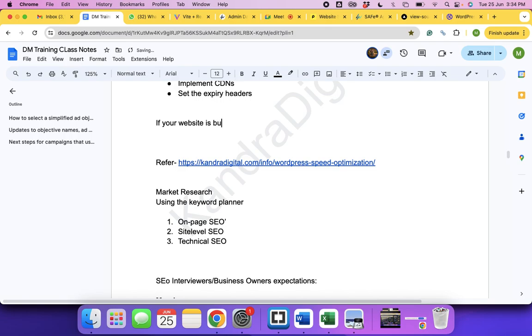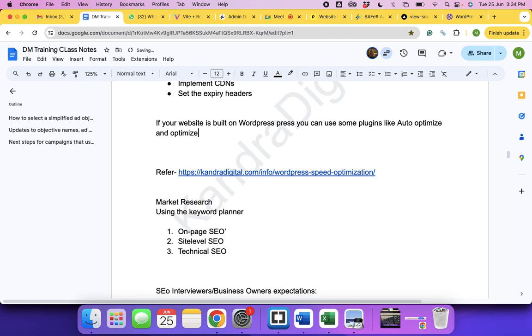If your website is built on WordPress, you can use some plugins like Autoptimize and optimize some of the technical aspects of setting up cache or adding expiry headers,